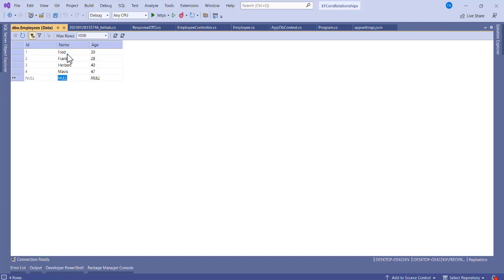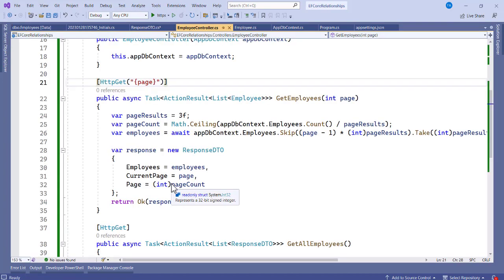Then you move on with that. Okay, so let's say we have this over here. Now let's save this. Let's make some changes in where we have our model, so our employee model,